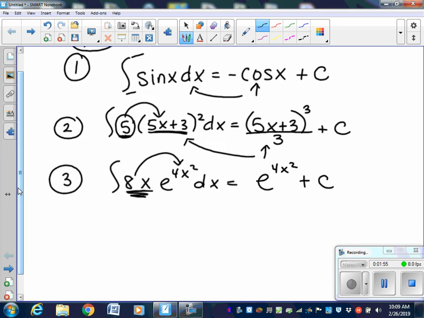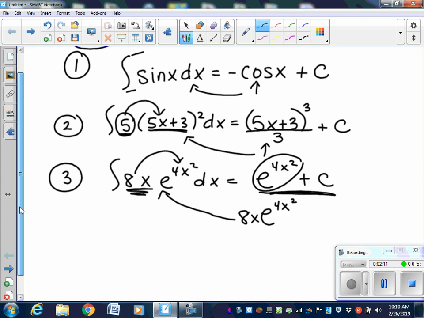Just to show you on number 3 that we did it right, if they ask you to find the derivative of this, e is easy. You copy it down exactly the way it's written, and then you take the derivative of the exponent, and the derivative of 4x squared is 8x, and that's exactly what it is. Number 4,